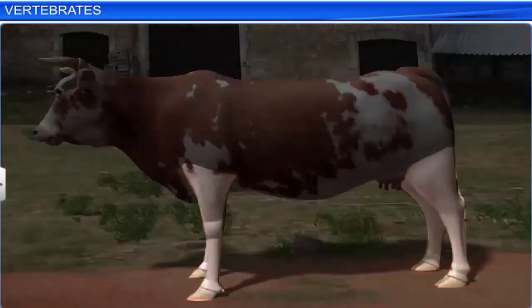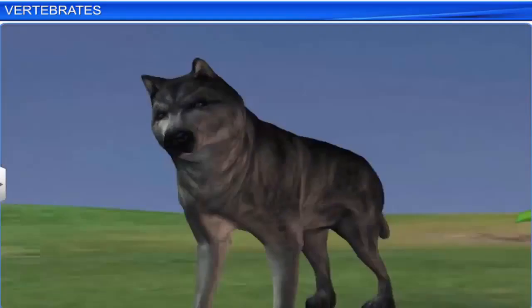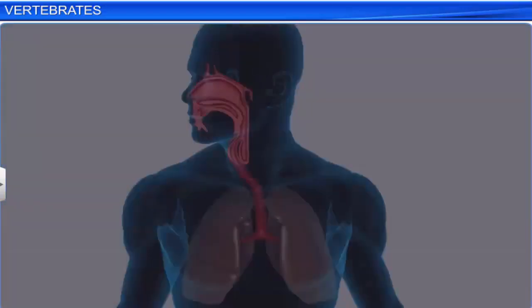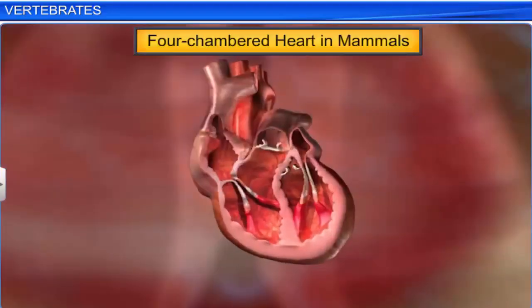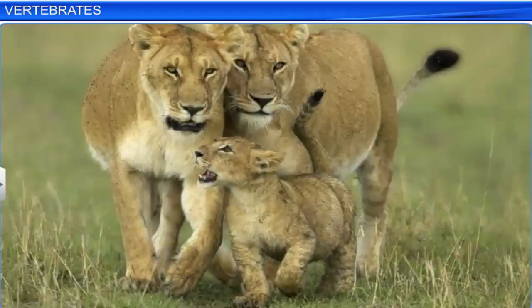They also have 2 pairs of limbs and 1 pair of external ears or pinnae, along with different types of teeth to tear, bite, cut, and crush. Mammals respire through lungs. They are warm-blooded and have a 4-chambered heart. In mammals,